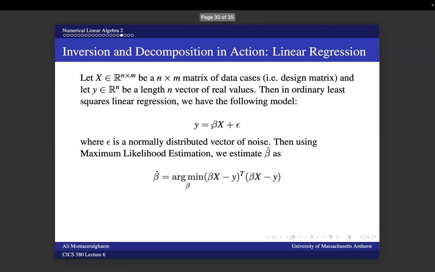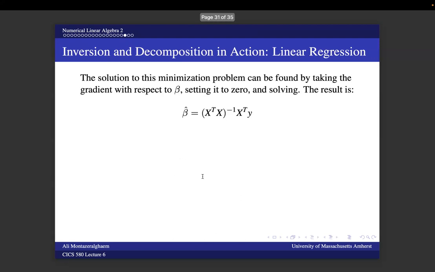For solving this problem, you need to get the gradient with respect to beta, set it to 0 and solve. The result is beta hat equals the inverse of x transpose x, multiplied by x transpose